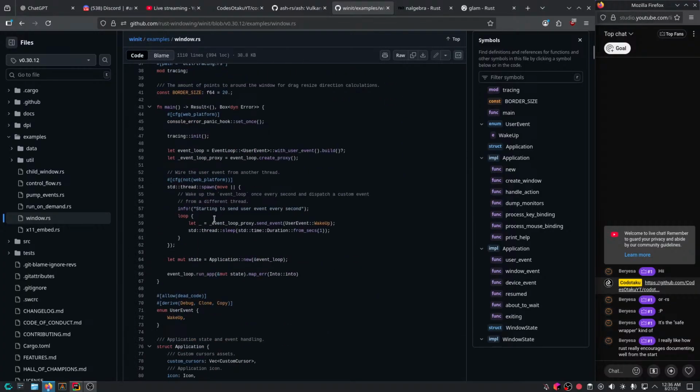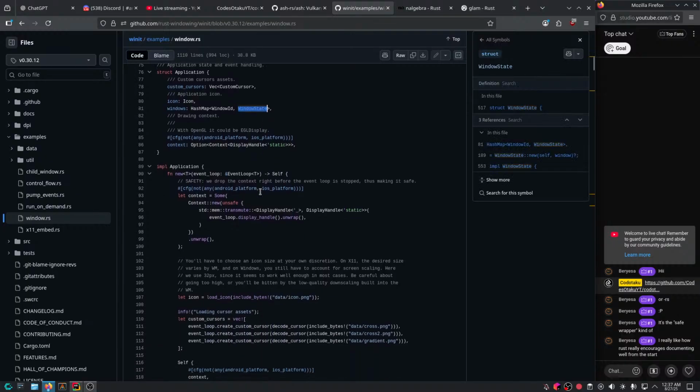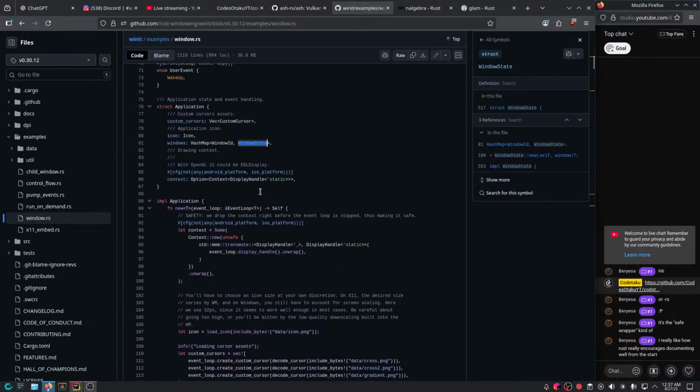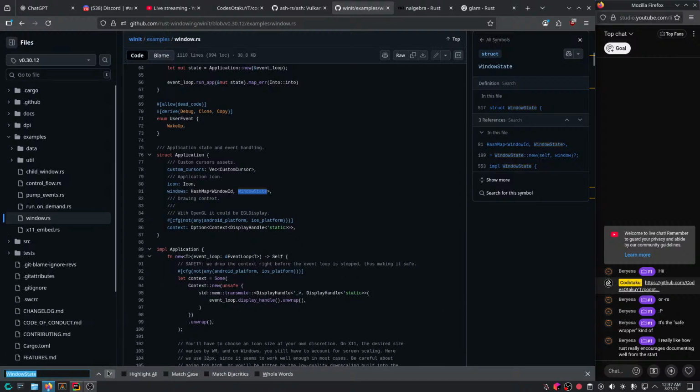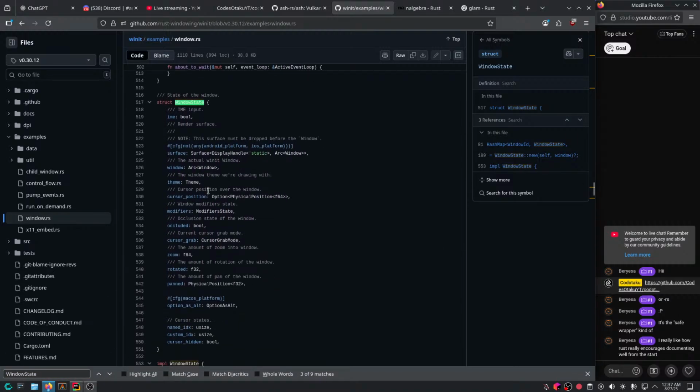And let's see, where is it? Application. Okay, so they have Windows hash map window ID, Windows state. Let's see where this Windows state is inside. What is it? Windows state, here we go.